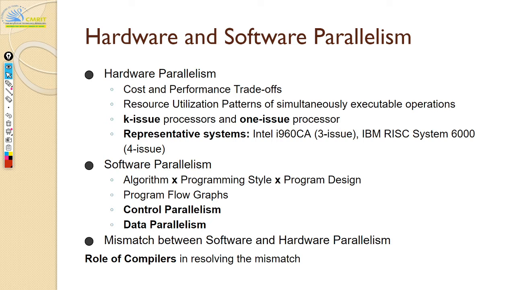So compilers are also very important. And one of the primary jobs of this compiler is to generate the code that matches the hardware. Okay, so software would have assumed something, but the actual hardware, the compiler is the one who is going to generate that code and try to fit that code into the actual hardware.